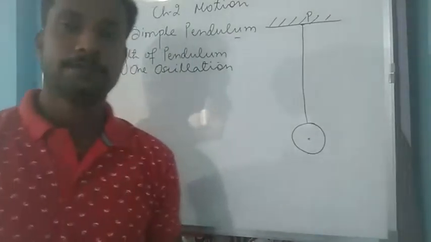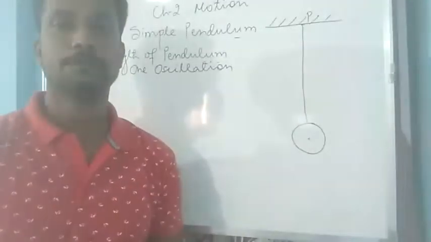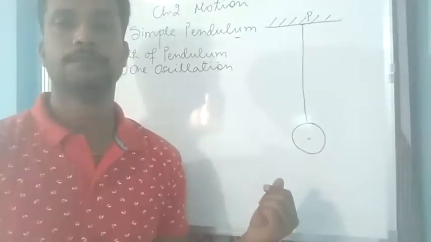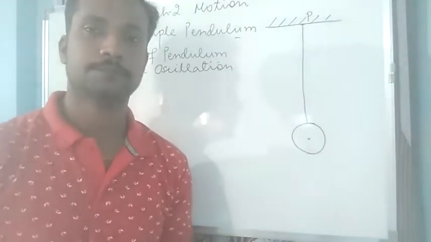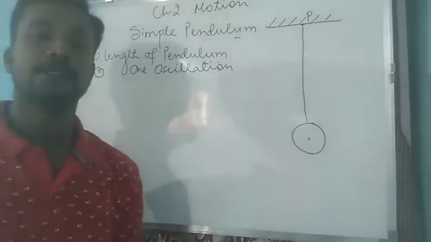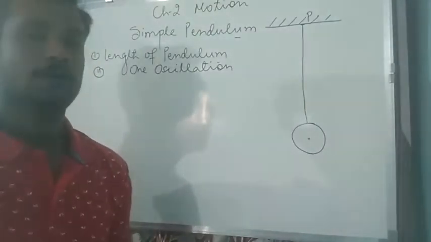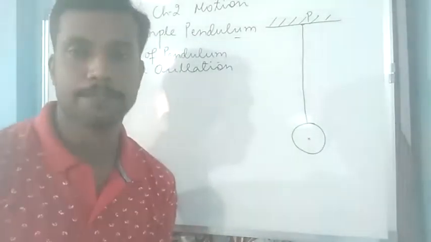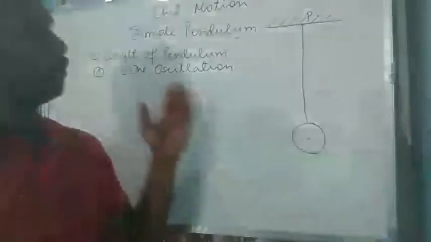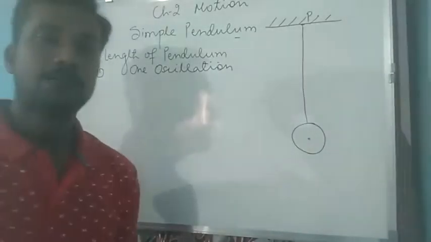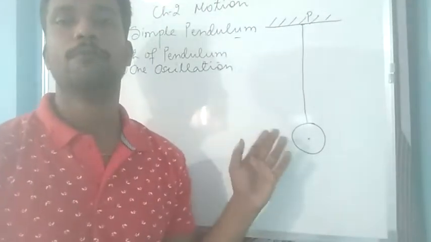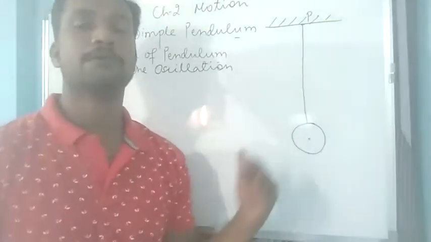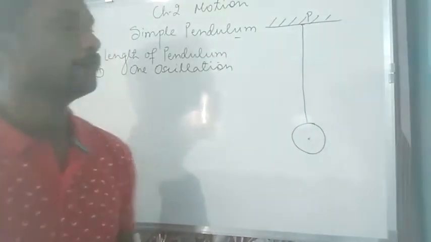Now we all know that pendulum swings to and fro. This to and fro movement that takes place about the fixed point is called oscillation. But how can we say that one oscillation is there, or how can one oscillation of a pendulum be made? One oscillation of a pendulum is said to be completed when it oscillates from one point and it reaches back to the same point. For example,